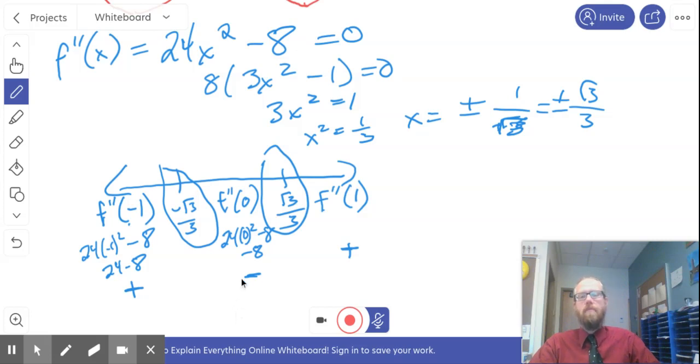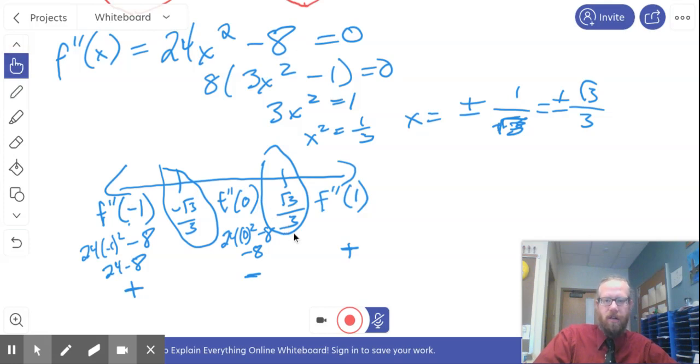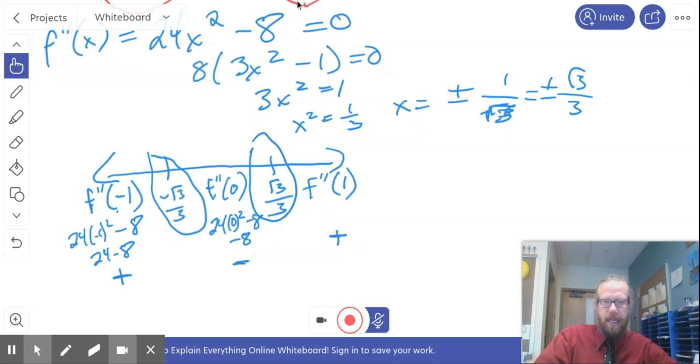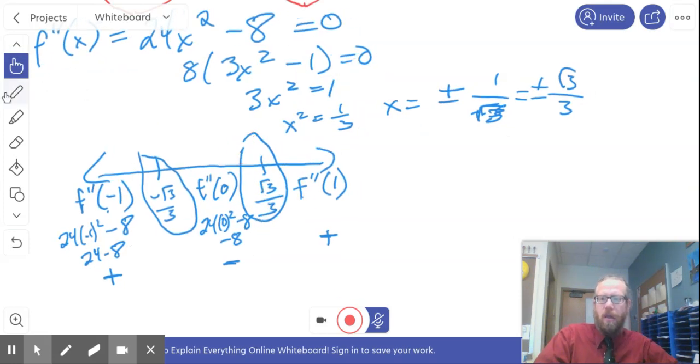And again, most of the time you'll get that alternating pattern. It doesn't always happen, but a lot of the time you get a positive, negative, positive. So let's finish this bad boy off, or bad girl. I don't know what the gender of this particular problem might be. I mean, it's neutral. Anyway,